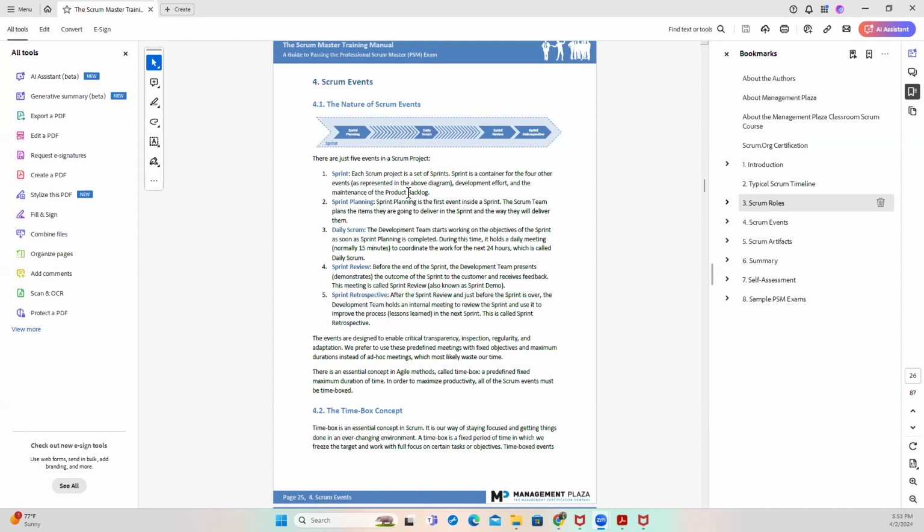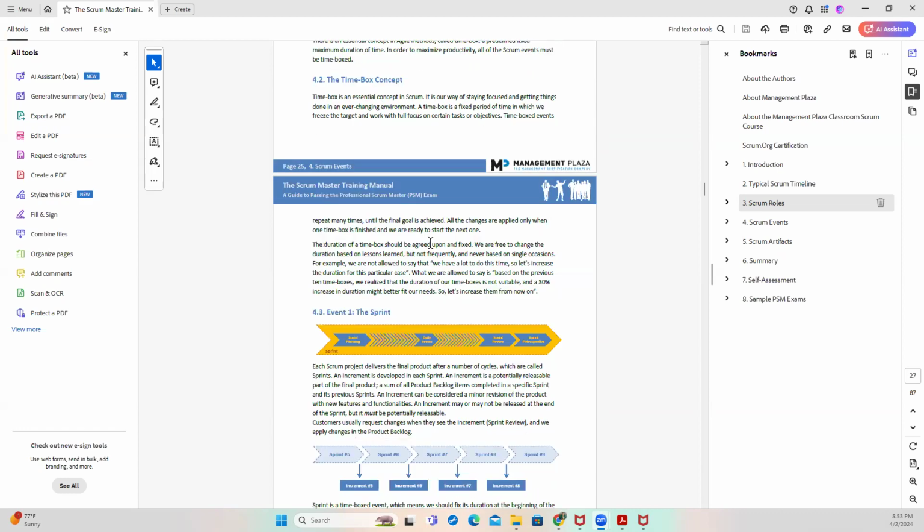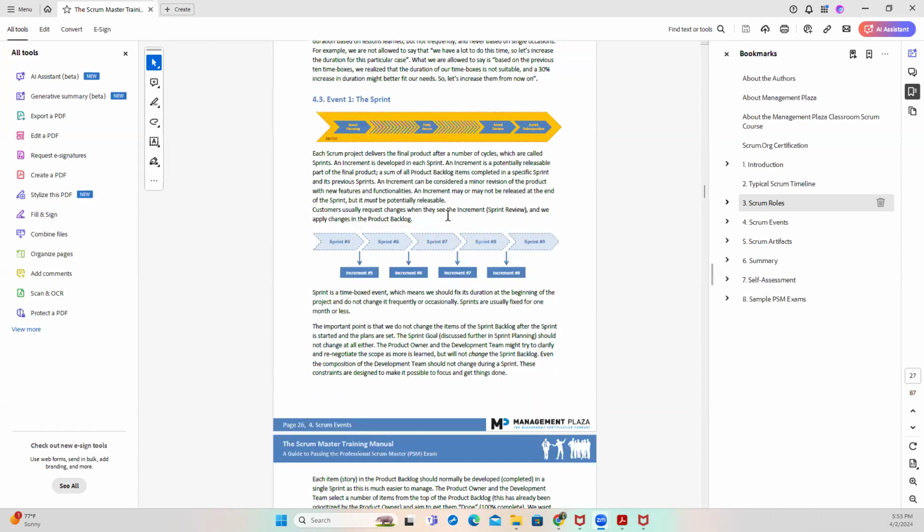Now, the first event that happens within the sprint is the sprint planning, right? And for the sprint planning, let's get down here and talk about it. This is the sprint right here. So you have sprint 1, you have sprint 2, you have sprint 3. For sprint 1, we can just meet to talk about the project, what we are going to be putting together to work on that project to deliver, and all of that.